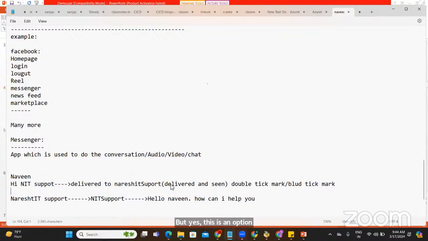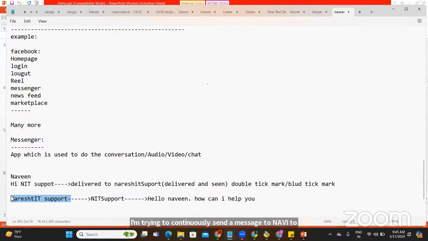Now let's see. I'm continuously messaging this guy Naresh IT, but there's no response from their side. What do you think? What is the issue? Is it a Naveen issue? Is it a Naresh IT issue? Is it an issue on the messenger? I'm trying to continuously send a message to the Naresh IT support team.